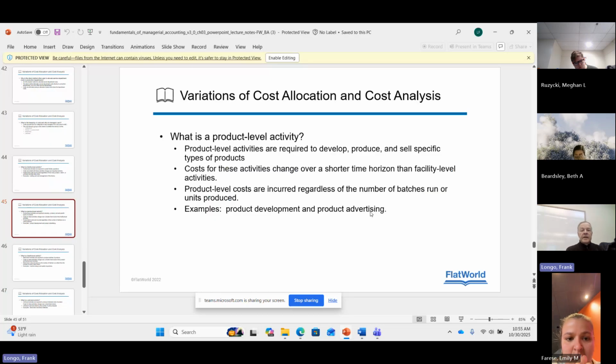A product level activity. It's an activity that involves,